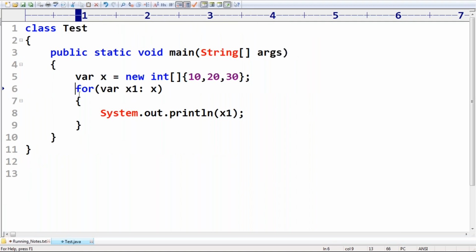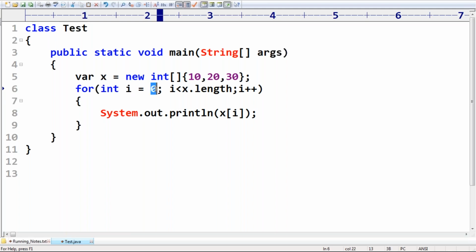I have here: int i is equal to 0, i less than x.length, i plus plus, SOP of x of i. Do you know what the i value is? Please confirm. What value did I take? 0. Here just 0 we declare.